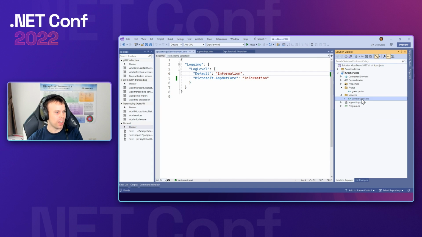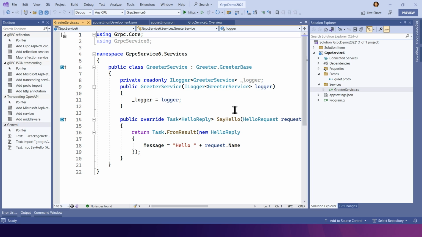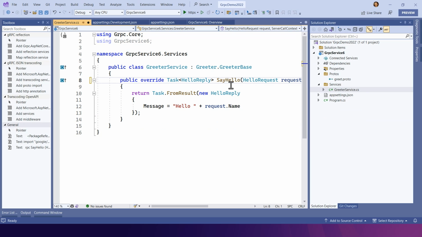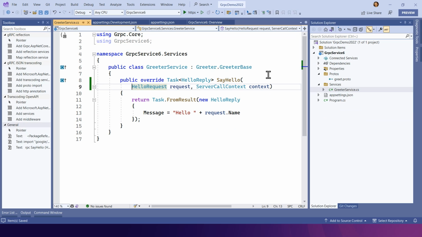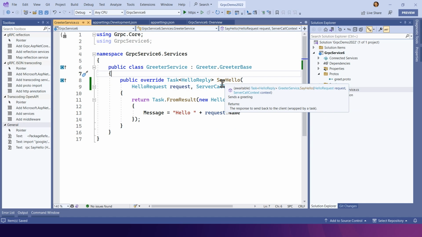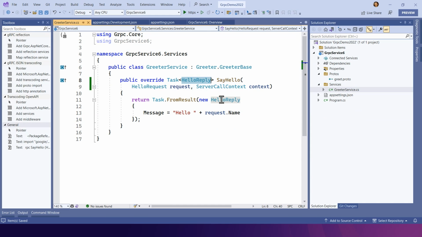So let's start off by taking a look at our greet.service file. So this is a standard C# class. We've got a constructor here. We're doing a bit of DI to inject a logger. We're not going to use that today. And then we've got this SayHello method. So you can kind of think of a service as a controller in MVC, and a gRPC method is like an action. So this particular method takes a request and returns a reply. On that request, we have a name property. We're concatenating that with hello. We're sending that back in a message, and we're returning it to the client. So it's hello world. We give it a name. It'll say hello to that name.